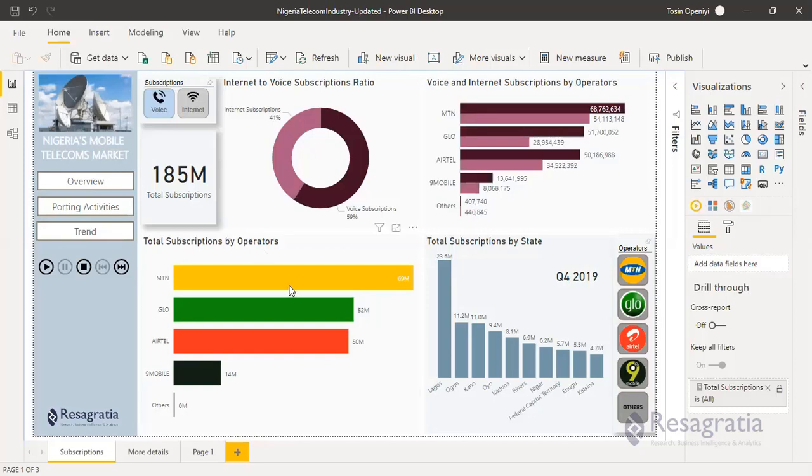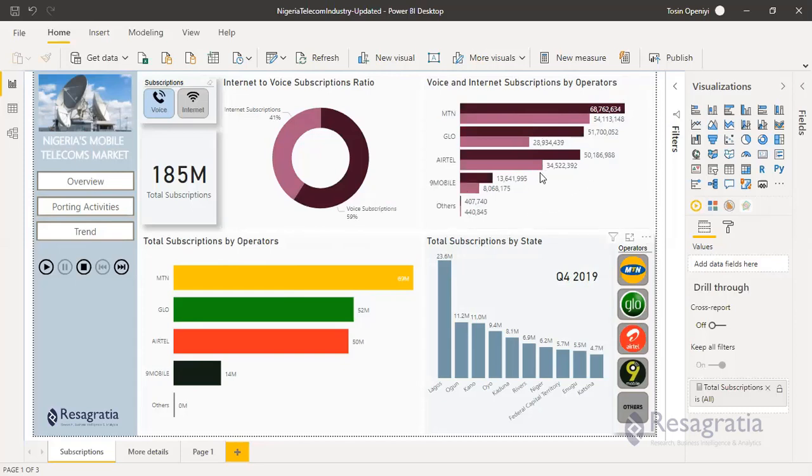Another thing we can do from here is compare voice and internet subscription by operator.